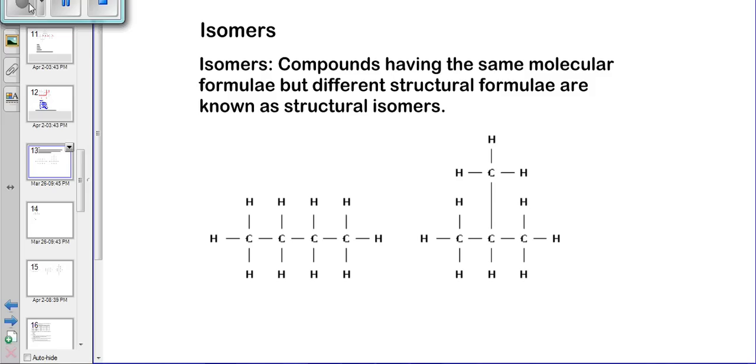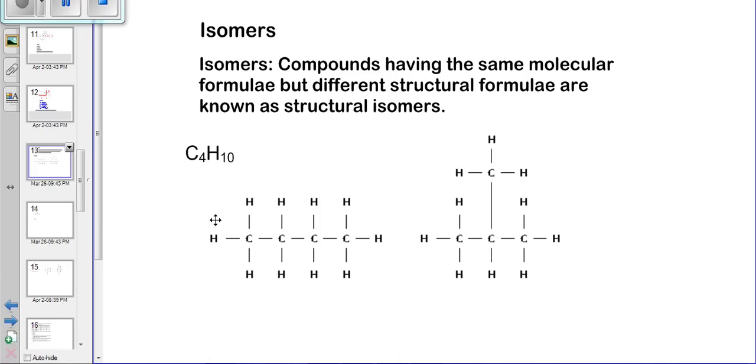So if you look at this example here, we have C4H10. Both of them are C4H10. Let's just look carefully at these structures. We see how many carbons are here? 1, 2, 3, 4. And if you count the hydrogens, you're going to get 10 hydrogens. And if you look at this one here, you're going to get 1, 2, 3, 4. And if you count the hydrogens, you're going to get 3, 6, 9, 10 hydrogens. So these two compounds have the same molecular formula, C4H10. So C4H10 is your molecular formula.